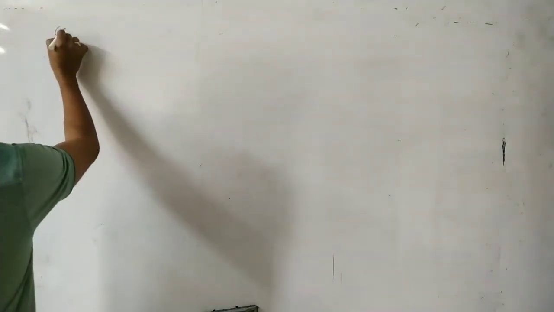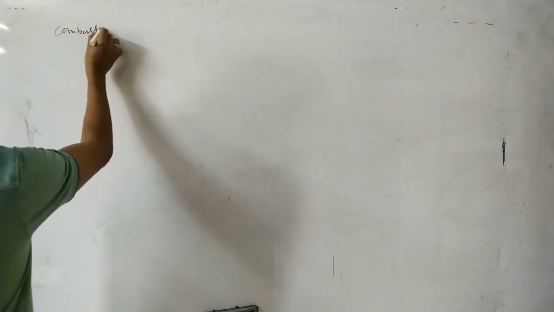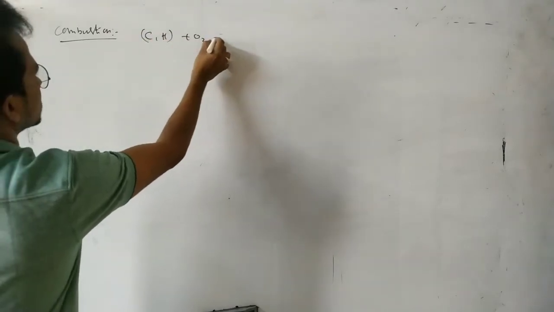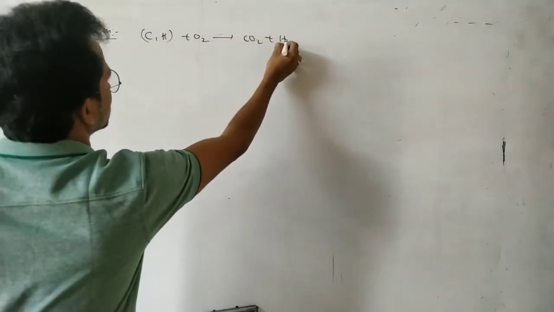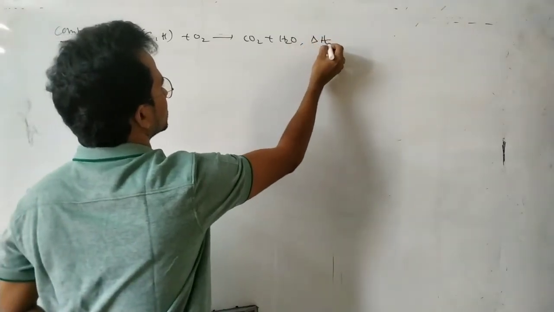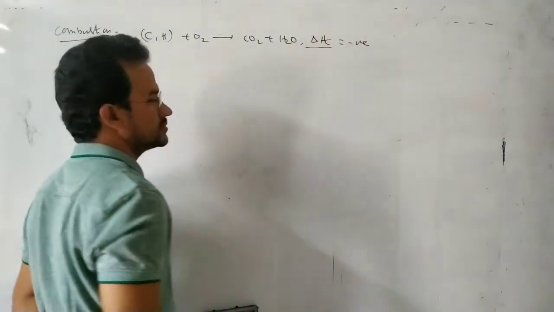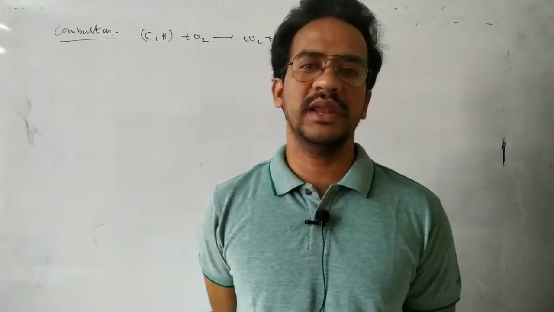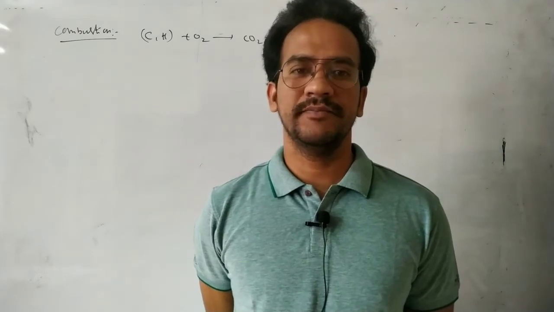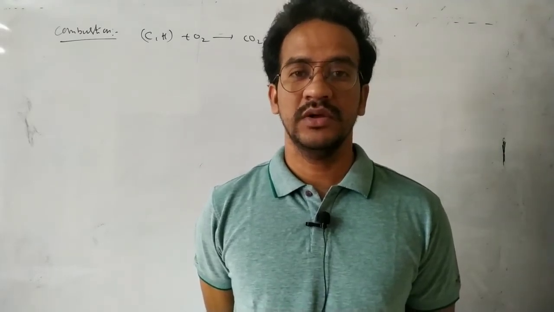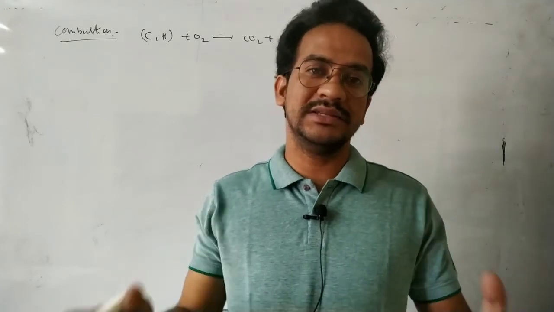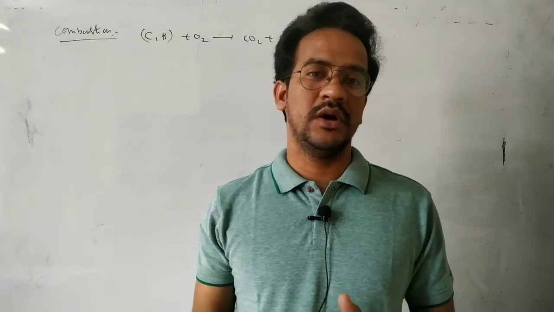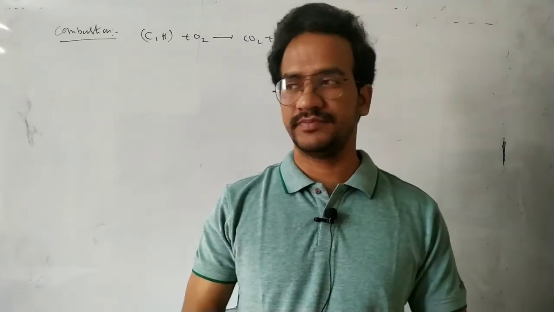Okay, next another one, combustion. Heating of the organic compound with oxygen is a combustion process. Here delta H is, again, negative. During the combustion reaction of the hydrocarbons, the large amount of energy released is known as the heat of combustion. So all hydrocarbons release a large amount of heat of combustion. That's why all hydrocarbons are used as a fuel.